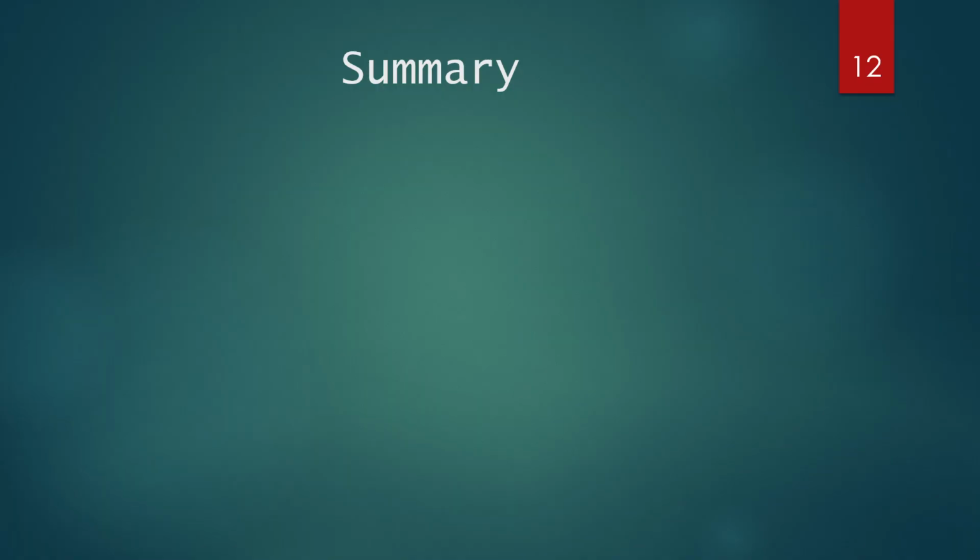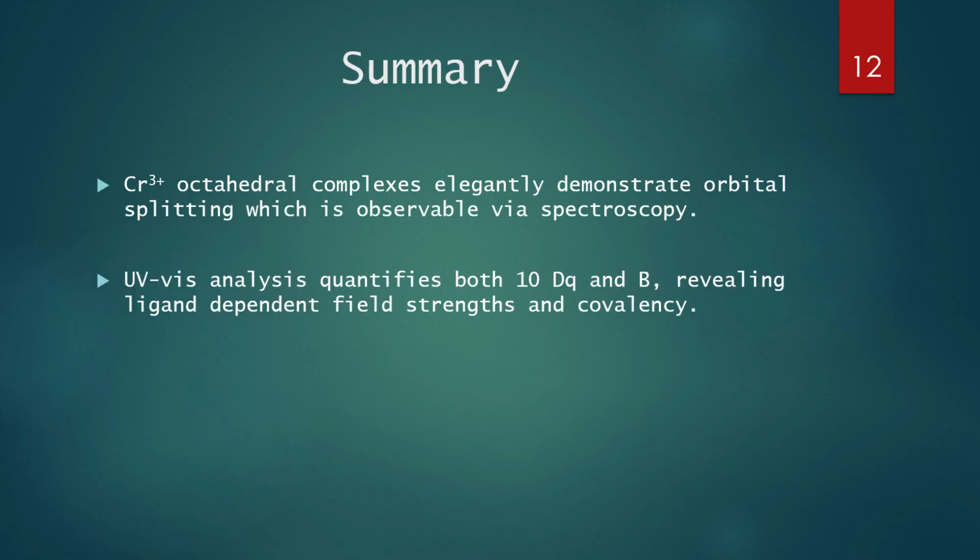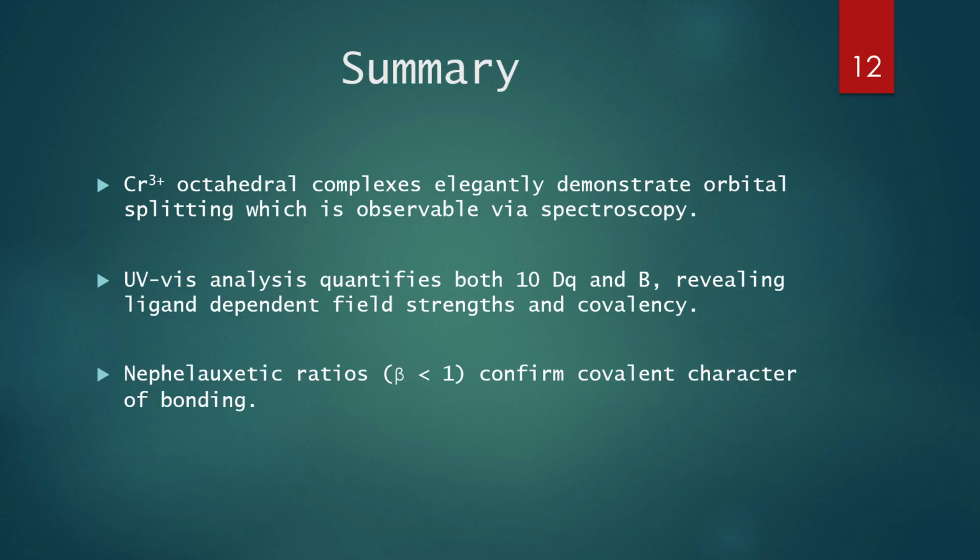So let's wrap it all up. Octahedral chromium-3 complexes elegantly demonstrate predicted orbital splitting with electronic transitions that are directly observable through spectroscopy. UV-Vis was then able to quantify this orbital splitting and relate it to interelectronic repulsion and ligand electronic character. Calculated nephelauxetic ratios also confirmed covalent character in metal ligand bonding, thoroughly describing the expansion of the d-electron cloud in forming a complex. A final side adventure also gave an additional look into the importance of thoroughly considering the symmetry